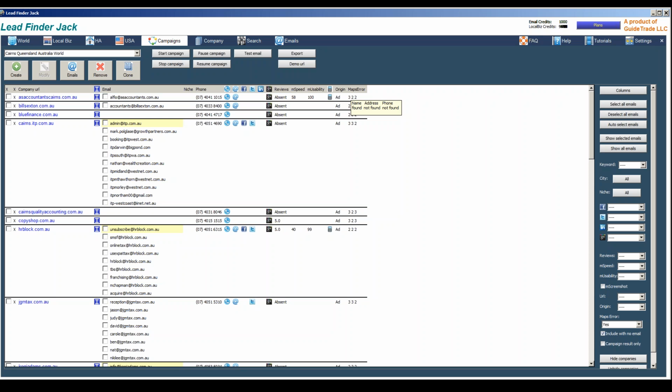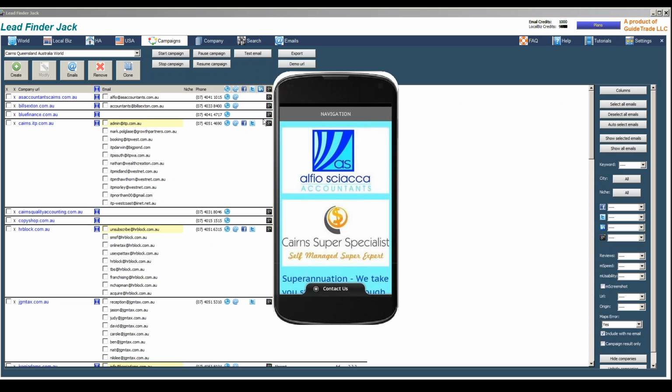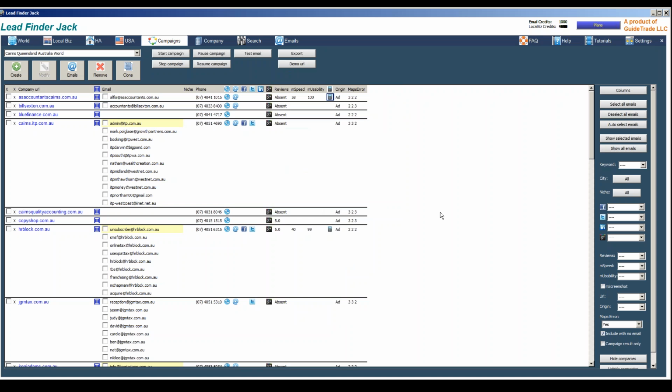Okay, so you see this image, this mobile image. Guys, see this? If you are new, now is a surprise for you. You click on it and you see there's a mobile image from their website. Okay, and you can use a token for it. I'm not going to discuss it today, but there's another very powerful feature within Lead Finder Jack. But today I want you to concentrate on